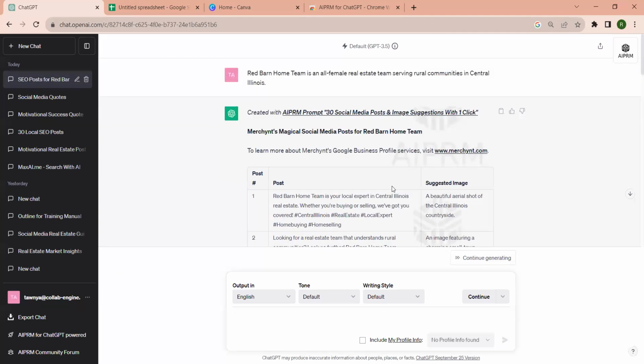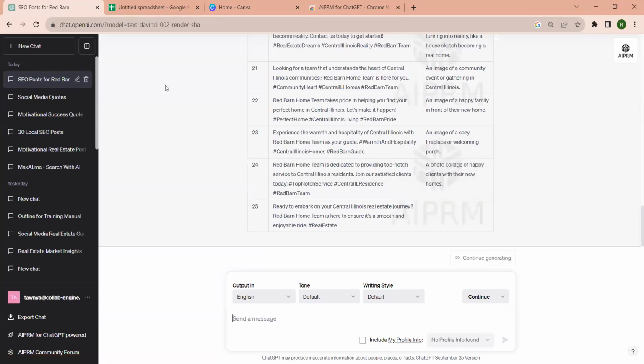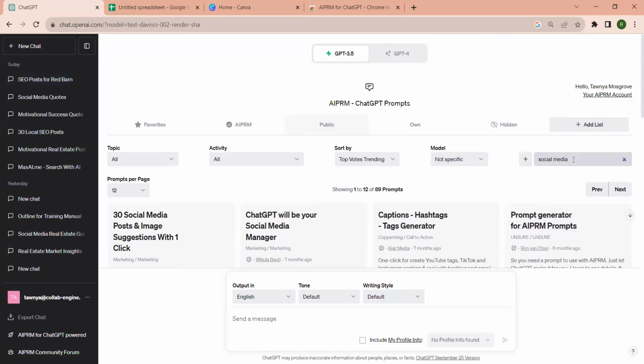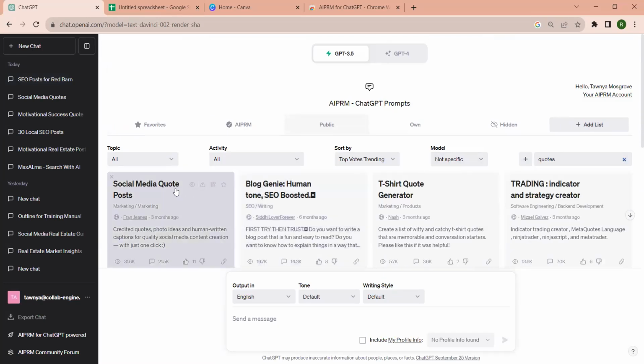However, for this, I want to use social media posts. Usually we post inspirational, motivational quotes every Monday, so we'll take that as an example. I will do another chat. So new chat. And then from here, you can search for quotes. All right, social media quote. You can also just put in chat,